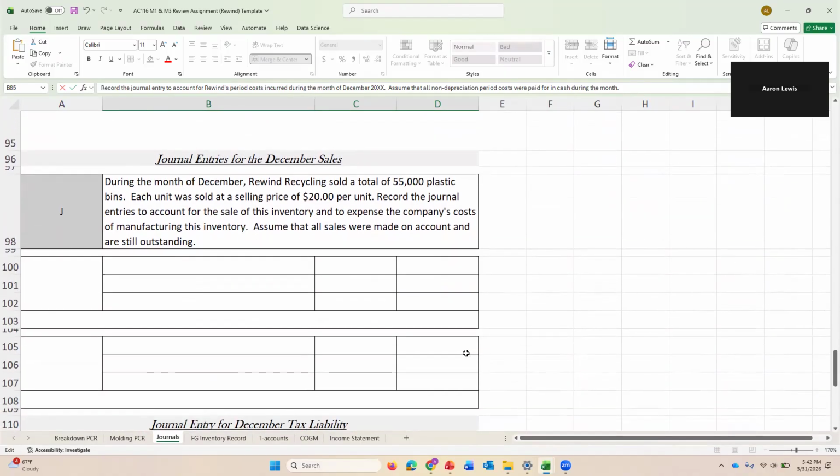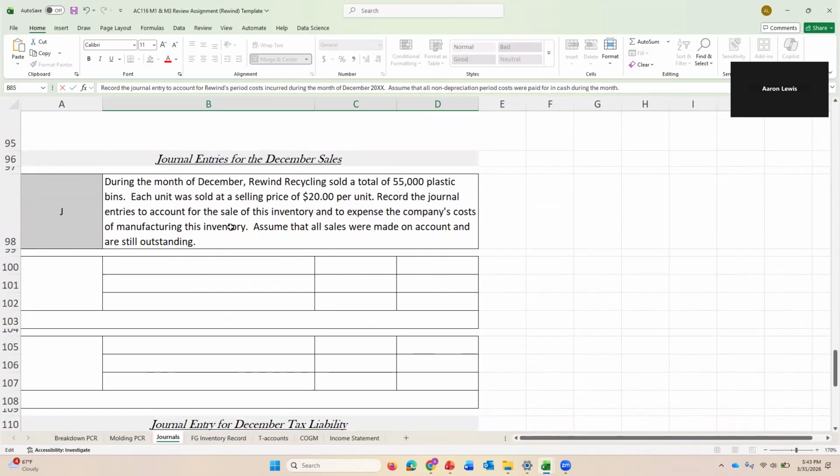which is bringing us now to our sales. We have all of the costs for the period on the books, and we need to sell some stuff, or else we're not going to be able to pay for costs in future periods if we don't have any money. In journal entry J, we are told that they sold 55,000 plastic bins, and they sold them at $20 a